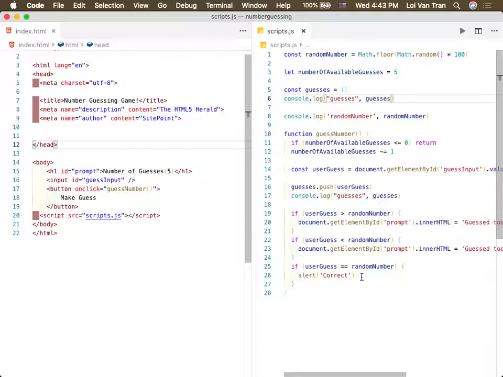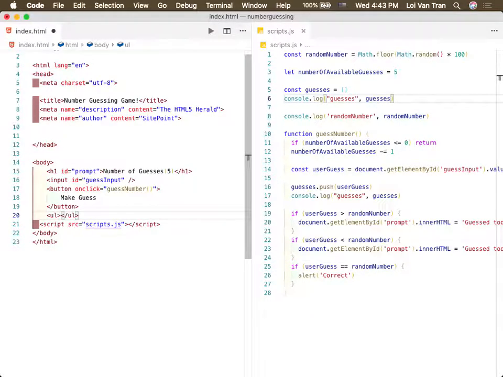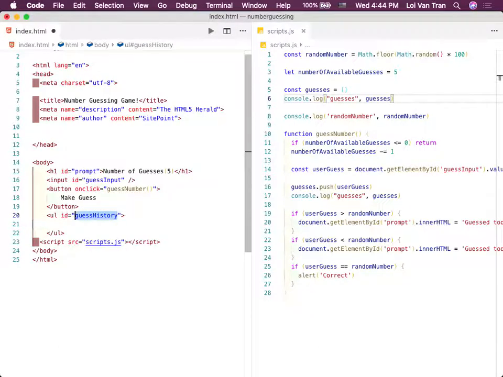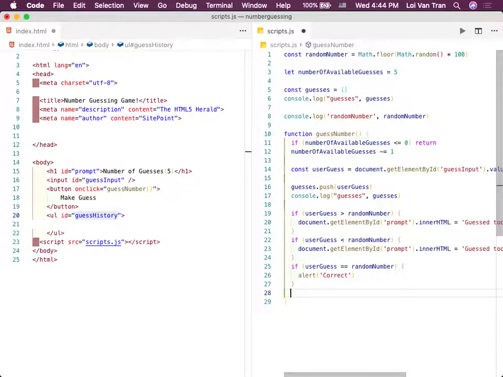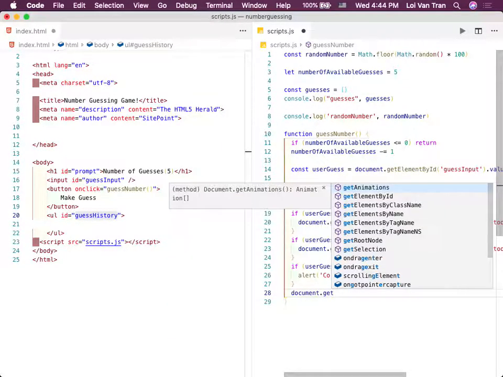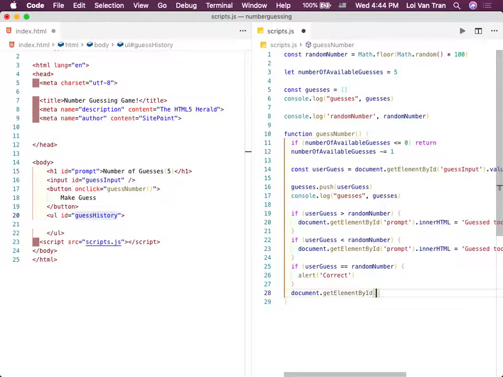So how is that useful for this exercise? Well, one of the requirements is that we have a list of guesses that the user has made. So now we're going to enter a UL in our HTML. The reason we're doing that is because this is where we're going to stick the guesses. We're also going to apply an ID here: guess history. Okay? So we copy this right here, and somehow we need to stick something in there. So we can do document.getElementById. We can pass it the ID that we want, and we can do innerHTML equals